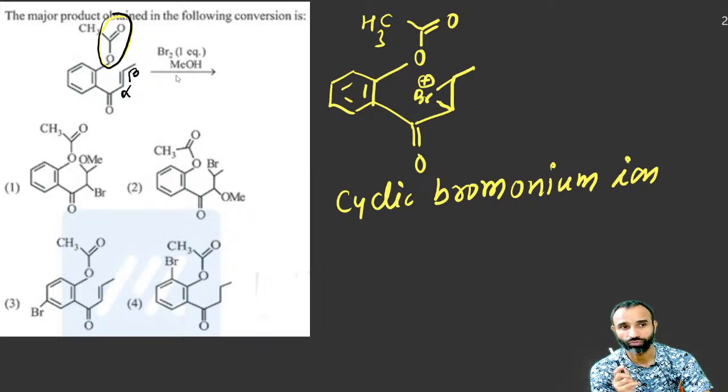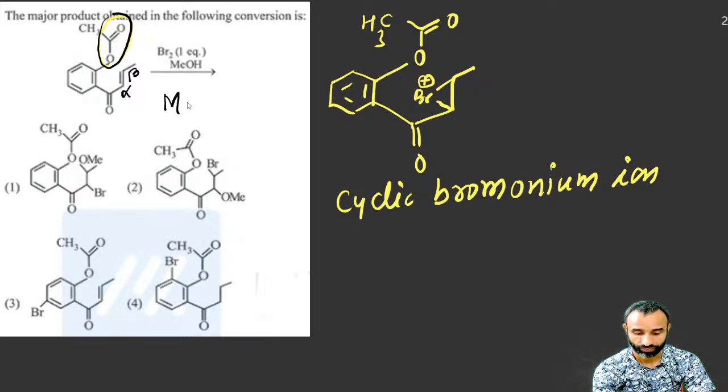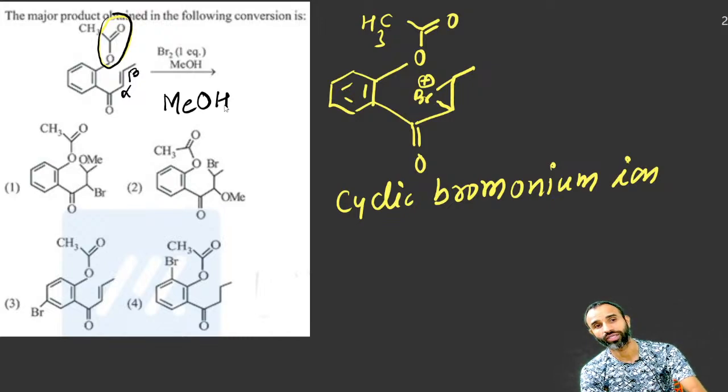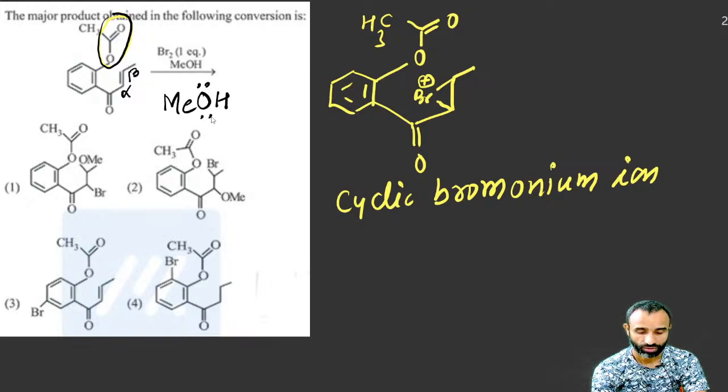So when this bromine is attached on the other side, methanol will attack, because the H plus ion is taken by Br negative, we get HBr and methoxide ion. So this methanol will attack on one side,